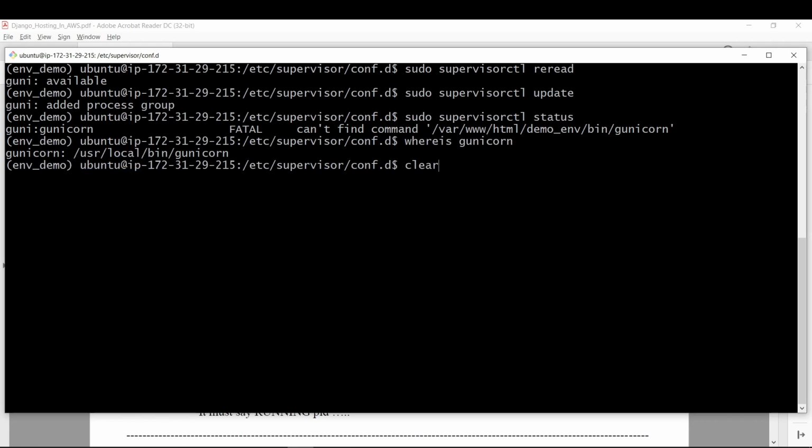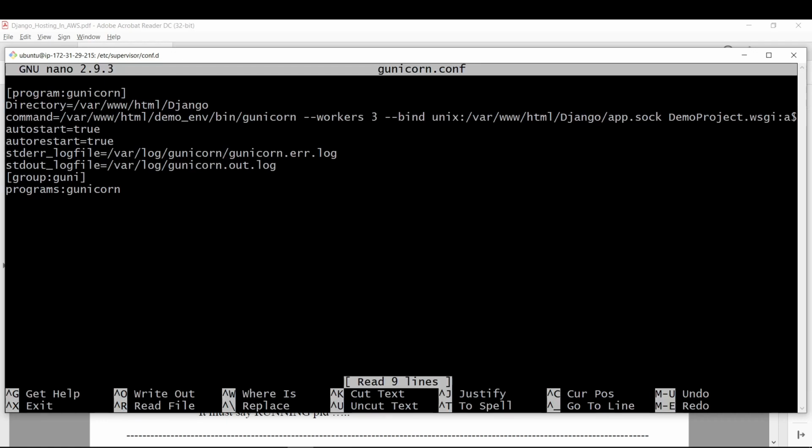To check what is inside our configuration, let's move to the configuration file again with this command, sudo nano gunicorn.conf. Inside this you can see it's var html demo env, but our directory is inside usr/local/bin. So let's remove this first. Let's remove it from here.